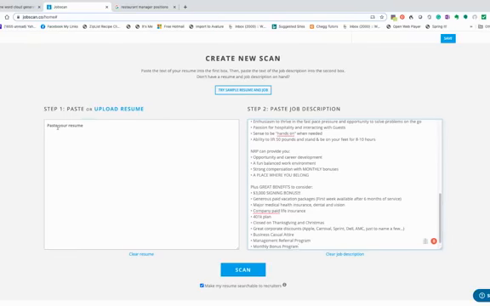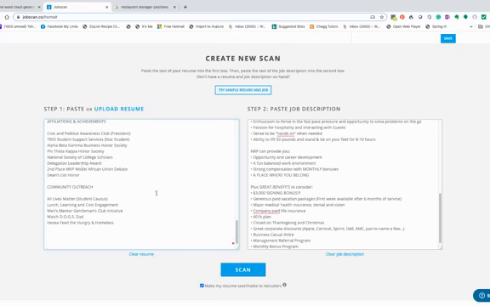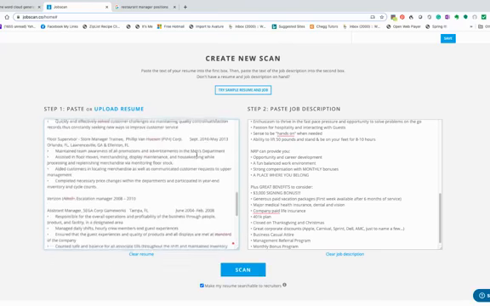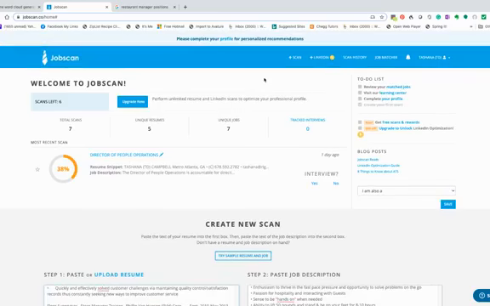There we go. Paste the resume information here, and then you just click scan. Again, this is called Job Scan, specifically designed to help you perfect or better streamline, as this particular session is called, getting your